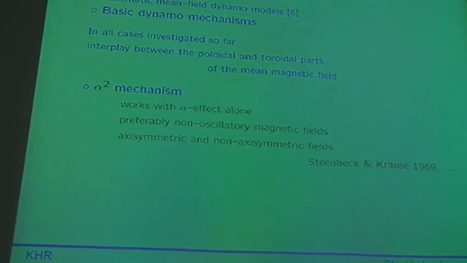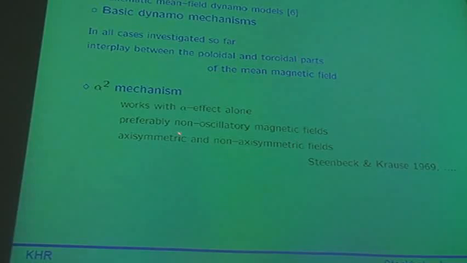This is what we call the alpha squared mechanism. It works with the alpha effect alone. You need no other induction effect. Most of the models, not all, deliver non-oscillatory fields. You have both axisymmetric and non-axisymmetric fields,